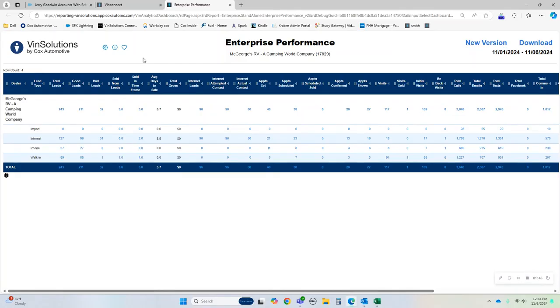I think we in the performance management team would say that Enterprise Performance is probably the number one editable report in all of Vin Solutions, just because of its high level of functionality. So what we'll try to do is walk you through this today, get you an overview of how to make edits to this, how to save a version, and some of the key things that you're able to do with